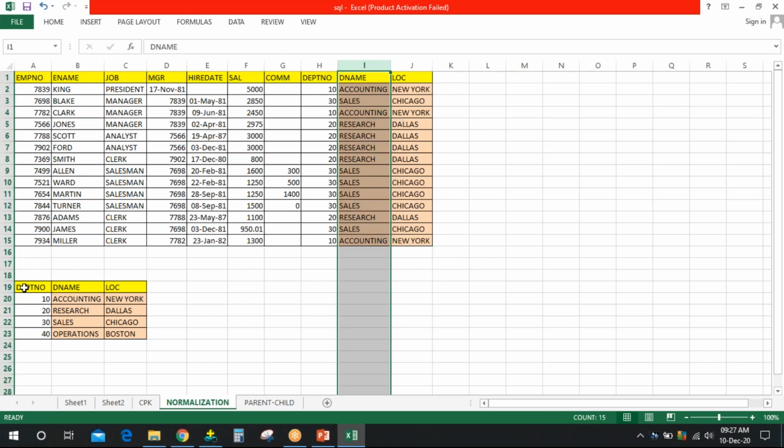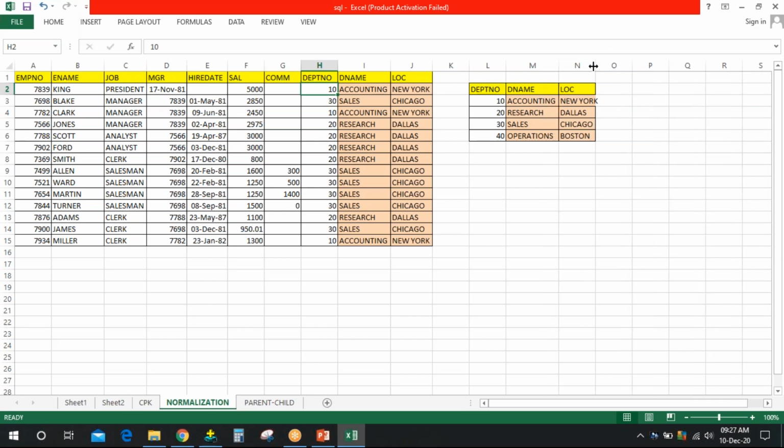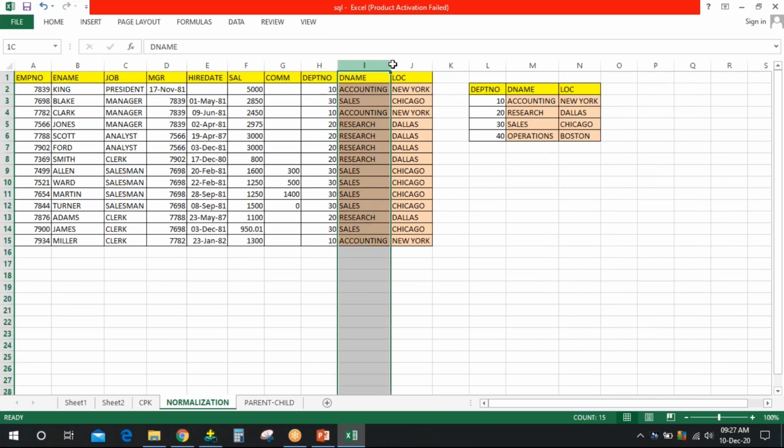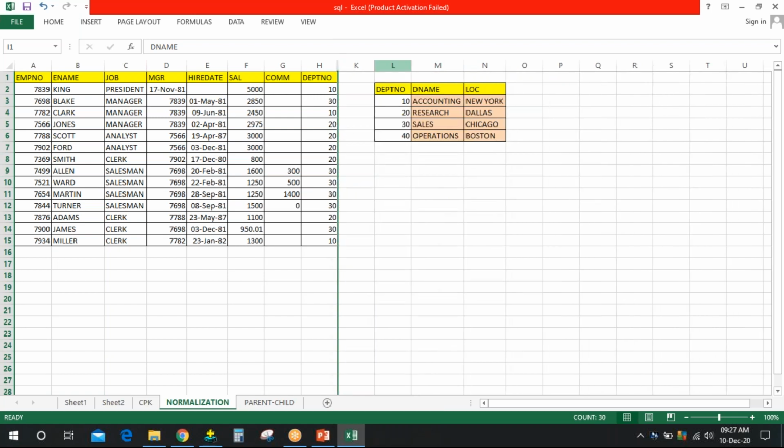I can create one more table here. This is a reference table. The account detail, the department name details, location details, I will save in a different table, and I will delete this.